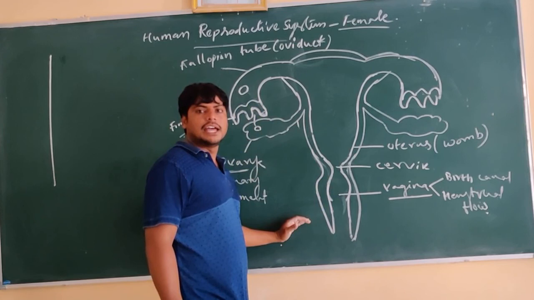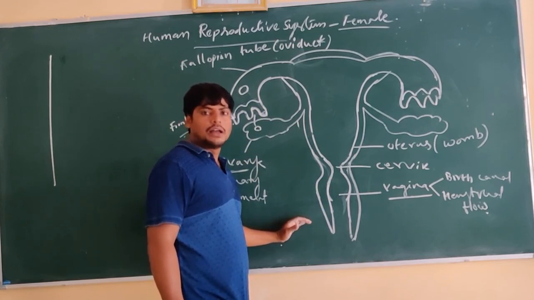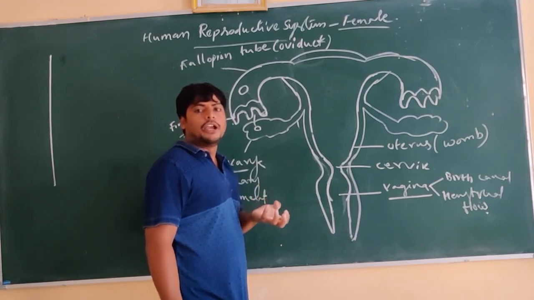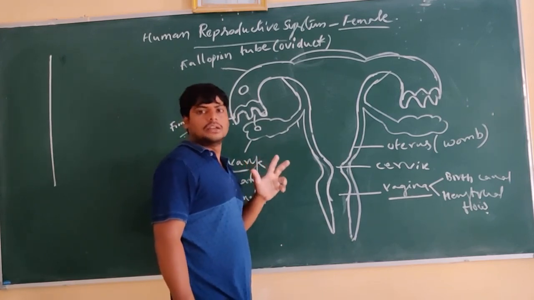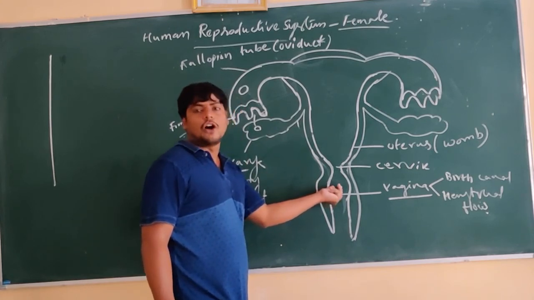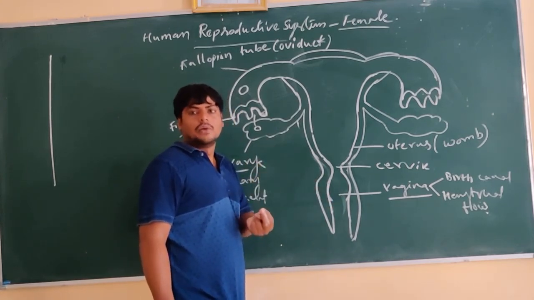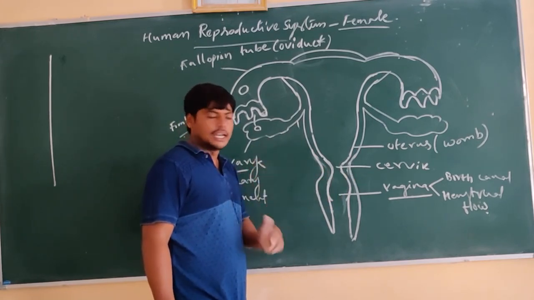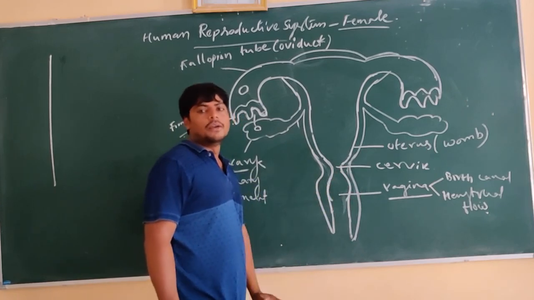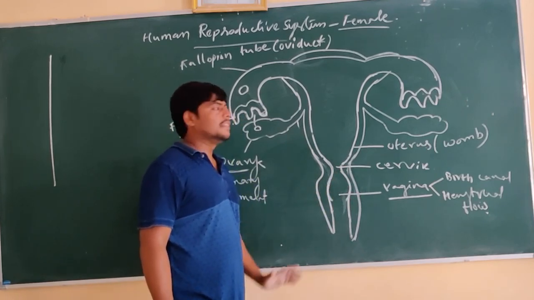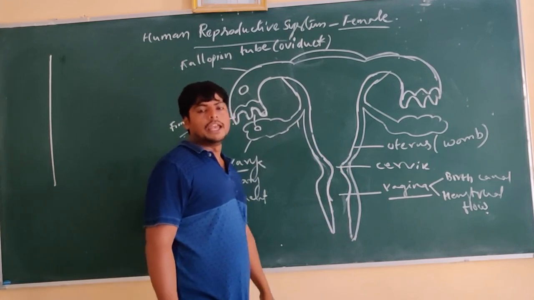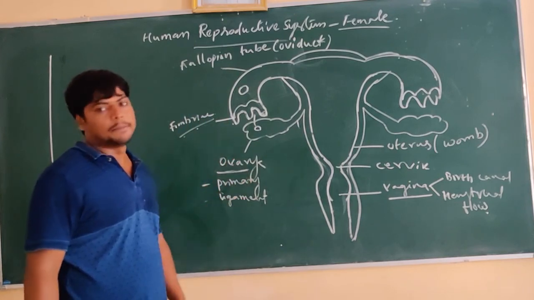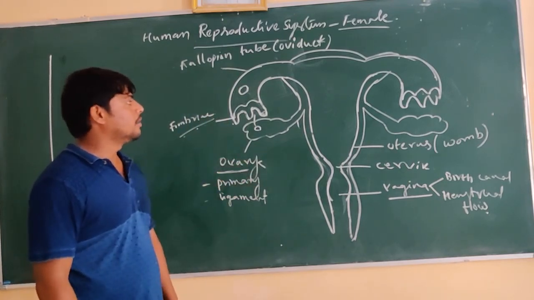The vagina is the female reproductive organ which allows the collection of sperm cells from the male body during sexual intercourse. And this is a common passage for two things. What are they? It allows delivery, that is why it is called the birth canal, and it also allows the flow of the menstrual cycle. That is the female reproductive body. When compared to the male, it is somewhat complex in nature. This is the female reproductive system.